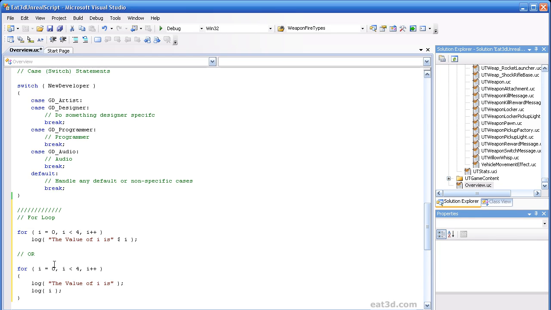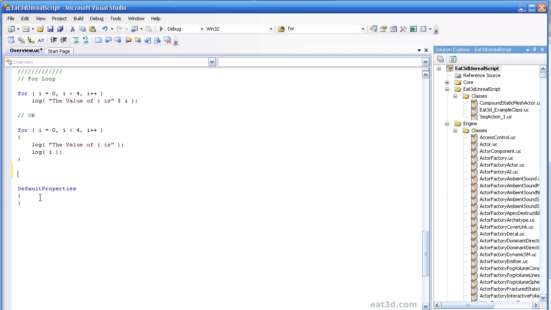The next loop that we're going to go over is the while loop. So let's go ahead and put in our while loop heading here. Okay, so the main difference of the while loop from the for loop is that instead of defining these 3 separate steps inside of the parentheses here, the while loop is more like an if statement in that you're just checking for a true or false value.